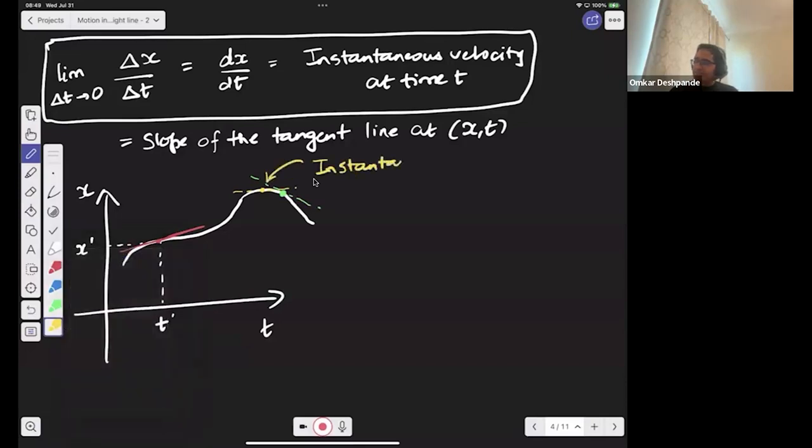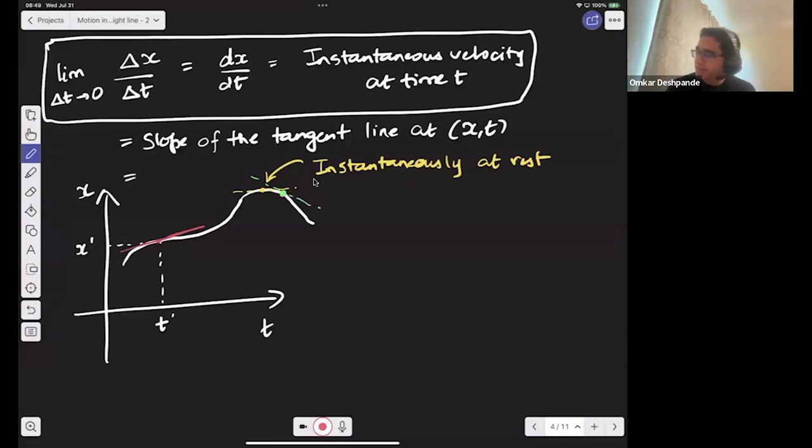Instantaneously at rest, right? That means its instantaneous velocity is zero. Now, this slope of the tangent line at x(t) is what we can represent separately as a graph, and we can call that a graph of v versus t, right? And we can draw that graph below the x-t graph in a way that you can keep